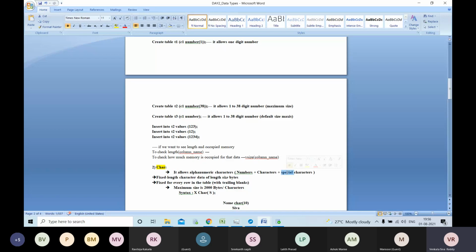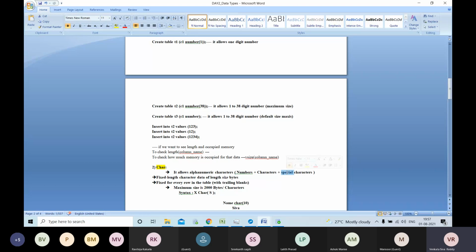In a similar way, if you are dealing with char of 10 or varchar2 of 10, and you insert data of 1 to 10 characters, whatever it may be, it will use the memory you declared. If you say char of 10, it takes 10 bytes, not less. I won't encourage using less than that. You said use 10 bytes, so it uses 10 bytes, whether you require them or not.